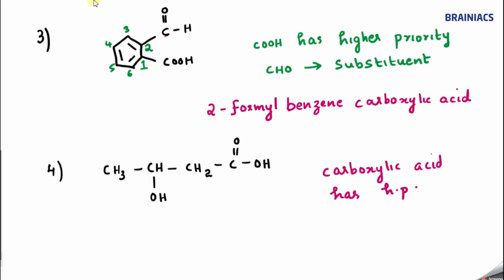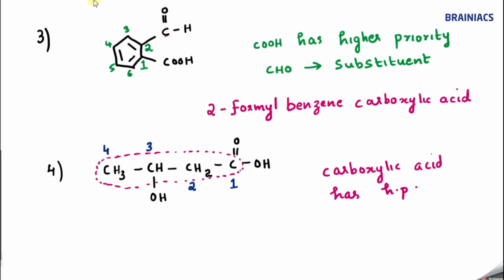Okay, so how will I identify the principal carbon chain? This is my principal carbon chain, correct? Now how should I number it? Numbering here 1 will come, here 2 will come, then here 3 will come, here comes 4, correct? Because the functional group should get the lowest possible number.